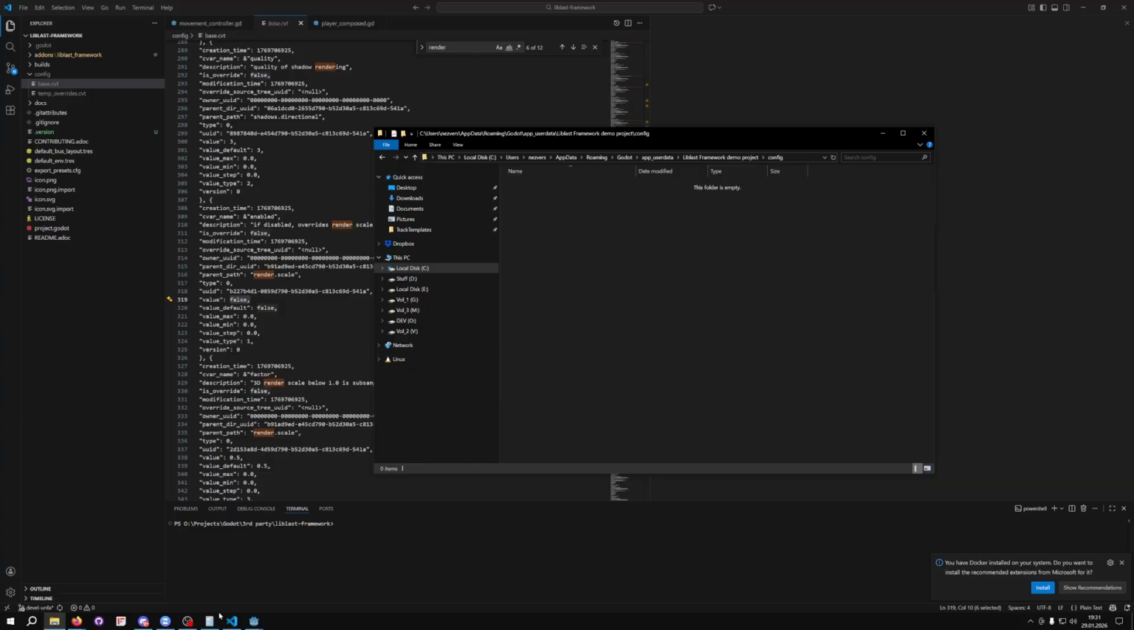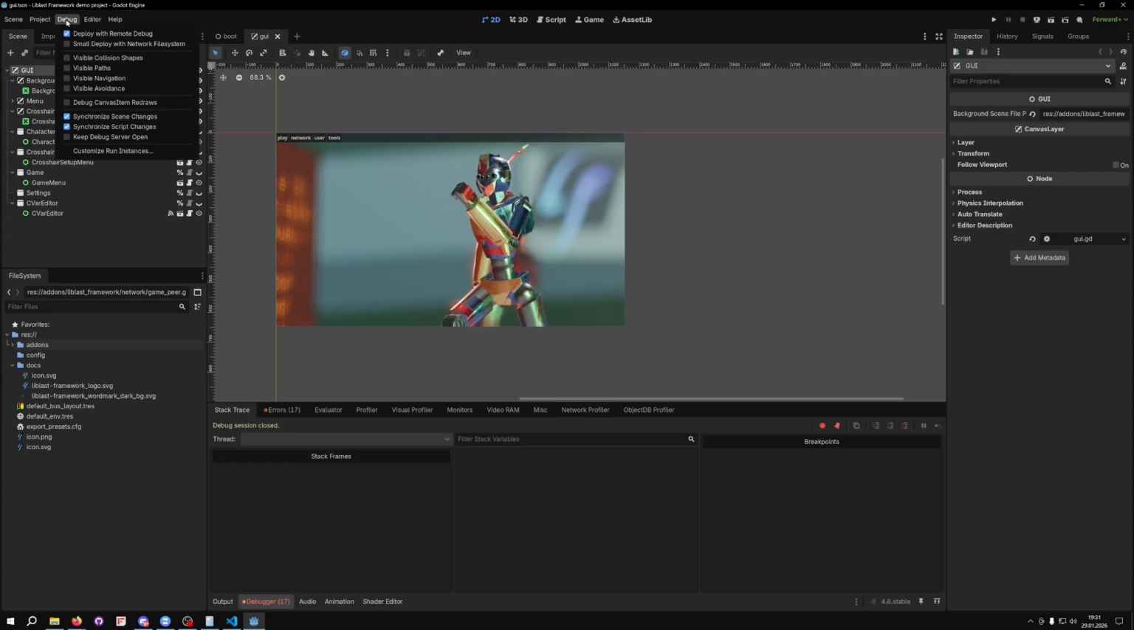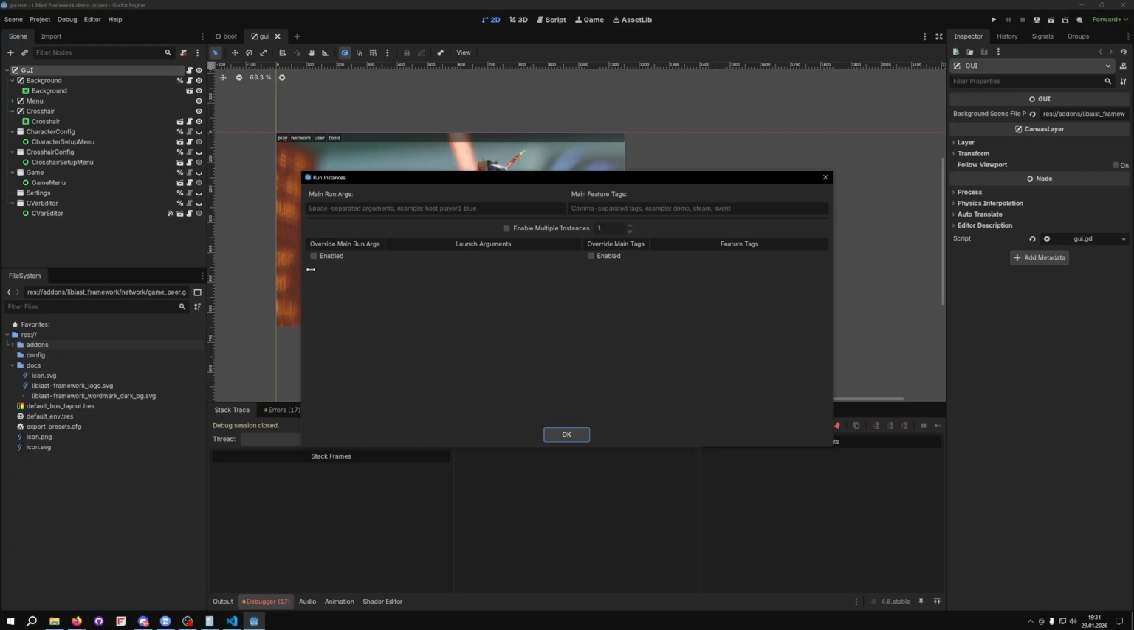Go back to Godot here. The lowest option, customize run instances. Main run args. You don't need to enable this. This is for if you want to run multiple instances, which is also supported, and you could use that to debug multiplayer. So here you can type --cvar space, and here, for example, do